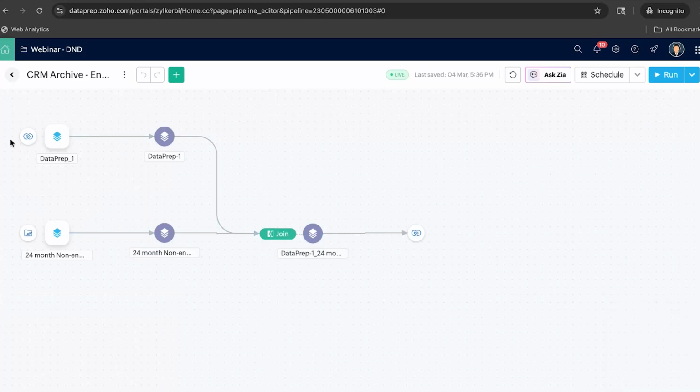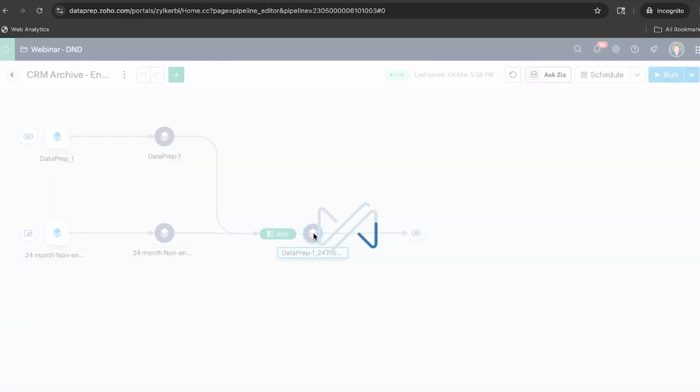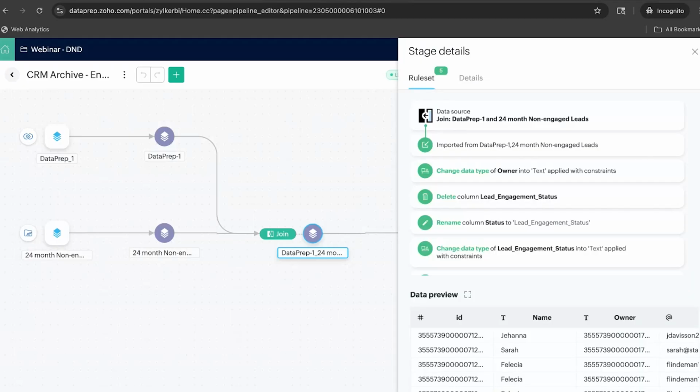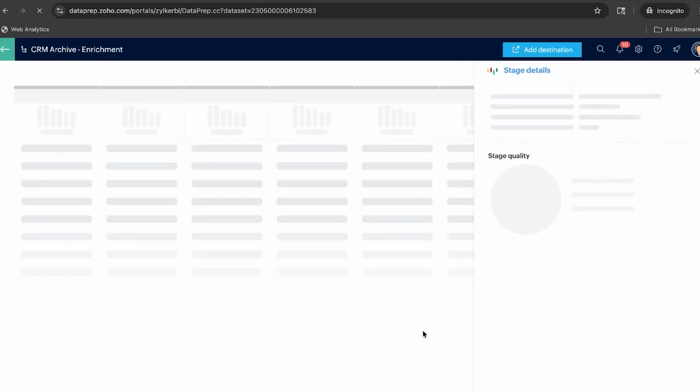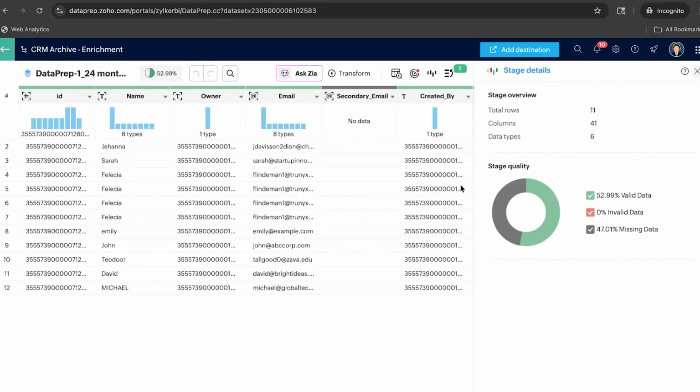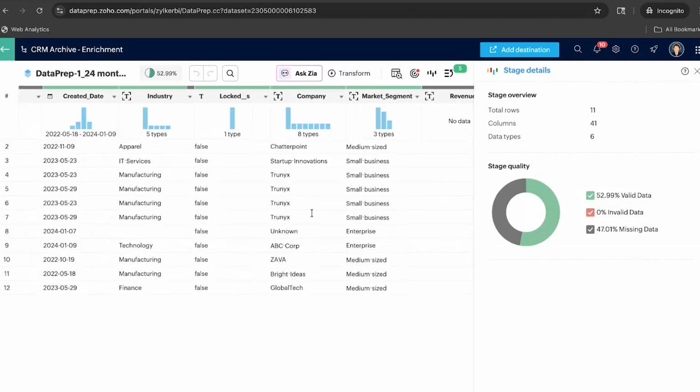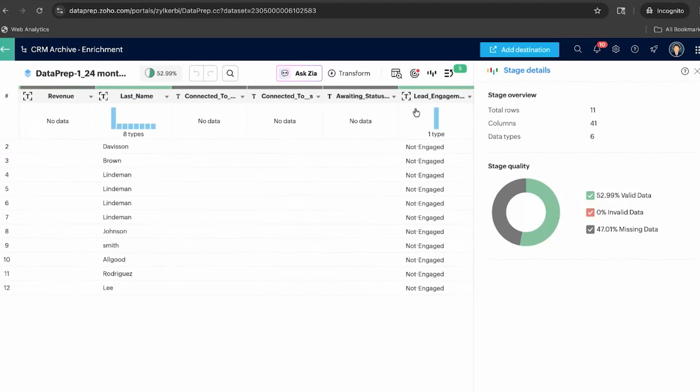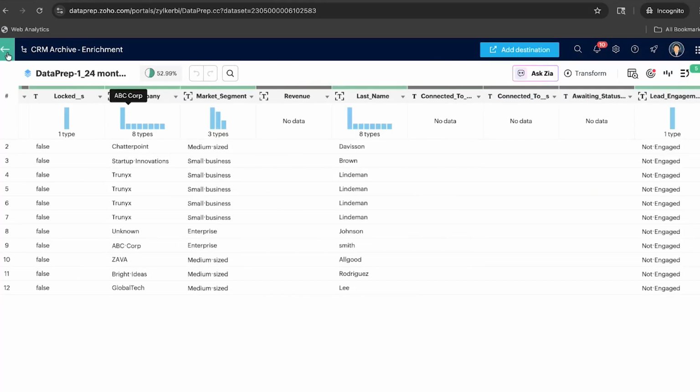So I can bring in the information from my CRM, I can bring in the information from my email tool, and then I can mark a certain data set, like, okay, these are all the customers who have not engaged with me. So I can probably create a new column called non-engaged, and I can push that label